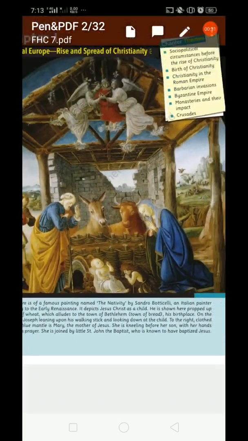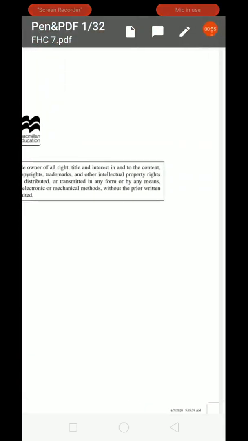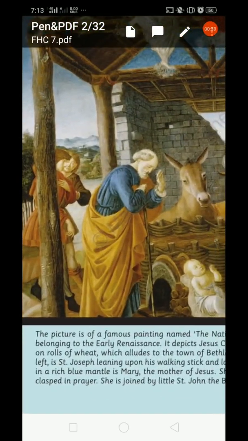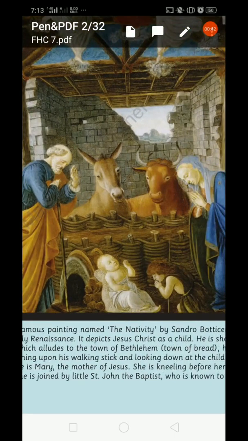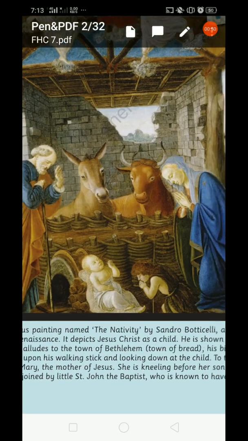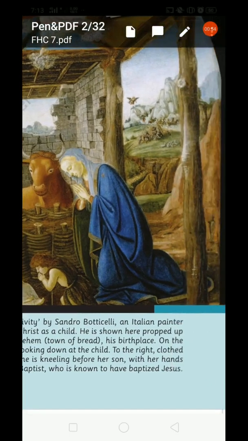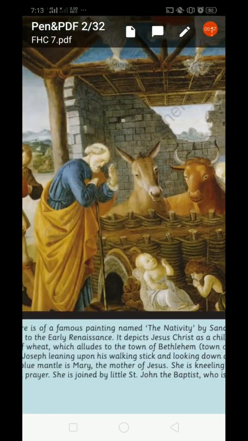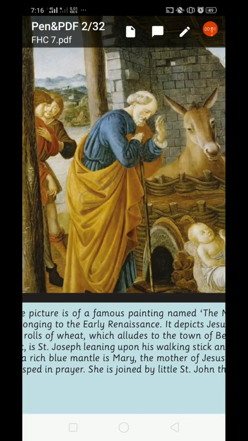Now, we'll discuss this picture. The picture is of a famous painting named The Nativity. What is the name of this picture? Nativity, by Sandro Botticelli. Who painted this? Sandro Botticelli, an Italian painter belonging to the early Renaissance. Renaissance means